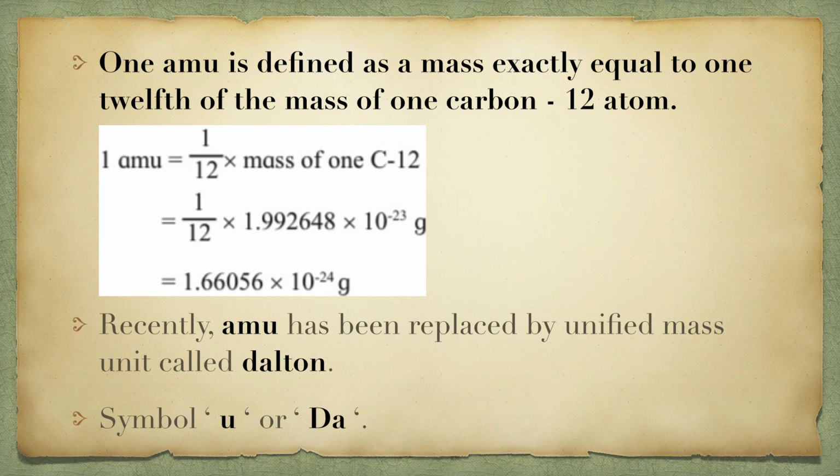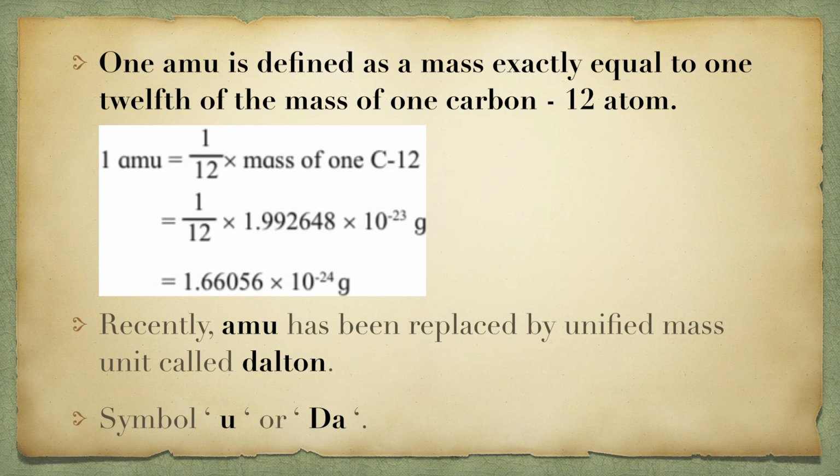And this is very important. You have to learn this conversion so that you can easily do the problems. So very important: 1 AMU equal to 1.66056 × 10^-24 gram. And one more formula you can understand is 1 AMU is simply equal to 1 upon Na. This is just for your reference.